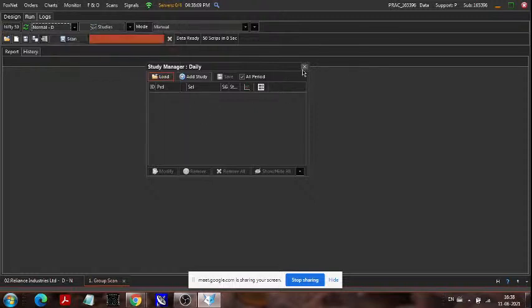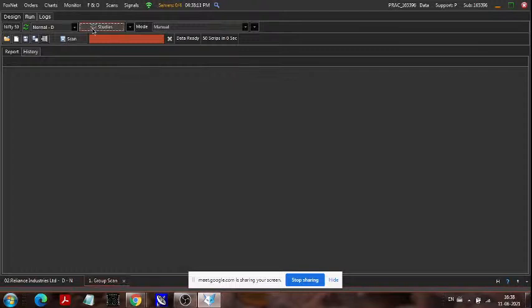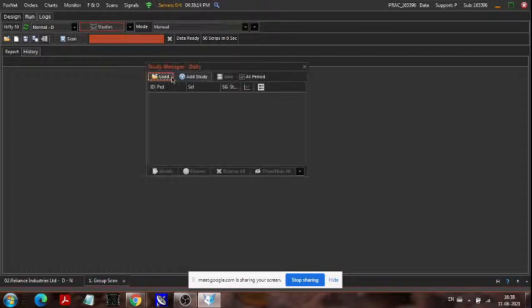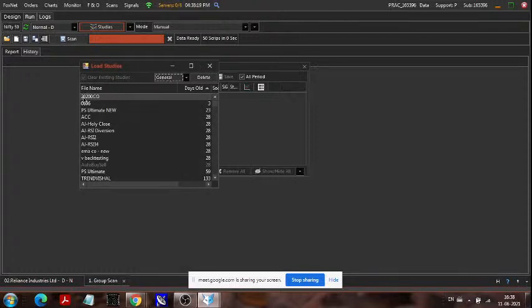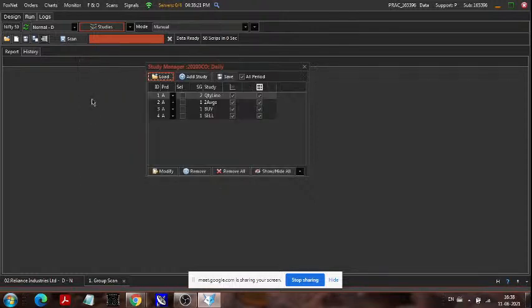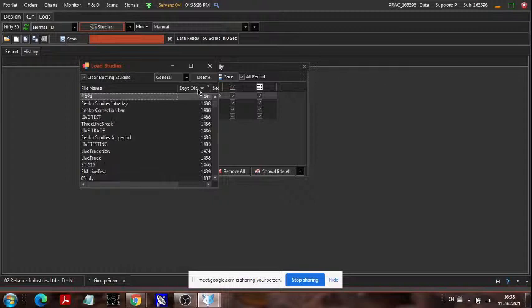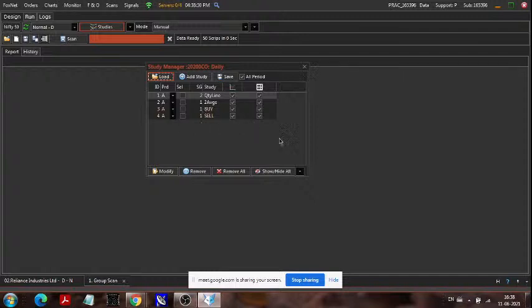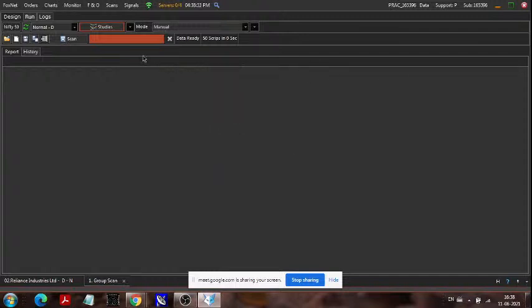Daily, apply. I will click on the studies menu and go for the load option. Here is the load button. And what I have selected will be displaying here. You can sort it also by the days old option. After this, we will close this one, and side by side there is a drop down option of the studies. Drop down that to filter it.